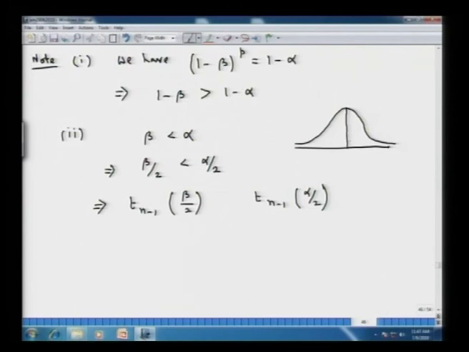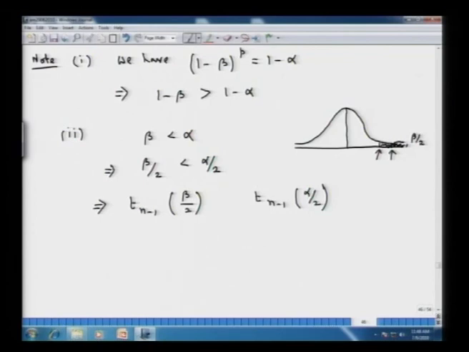We have beta by 2 less than alpha by 2, and these are going to be 2 cutoff points. I take this region here to have an area which is beta by 2,